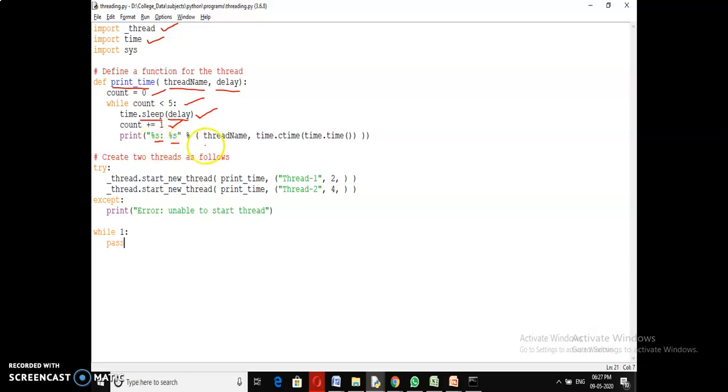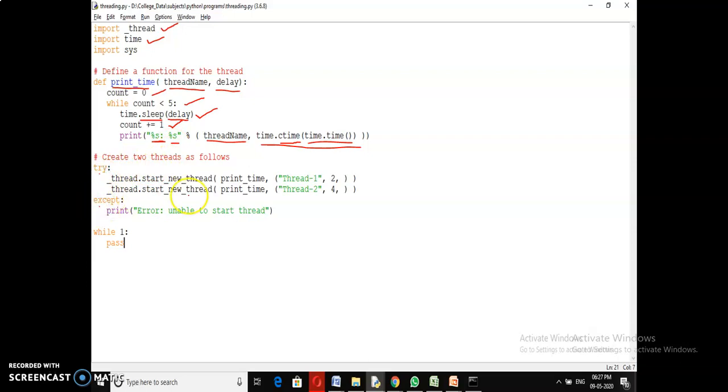Percent s and percent s: thread name is for the first, and time.ctime(time.time()), where ctime is the calendar time. Then we are calling a time function which takes the system time and shows it as the output. Now we are creating two threads, with try and except blocks.